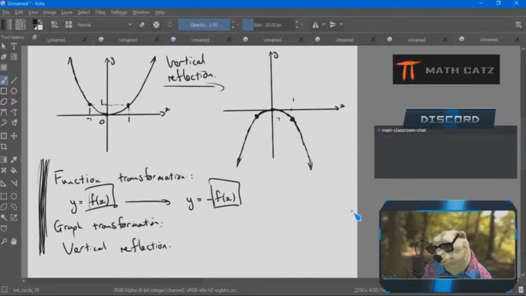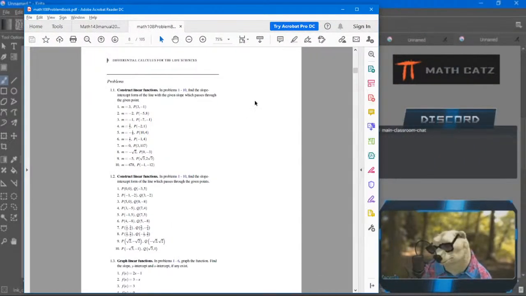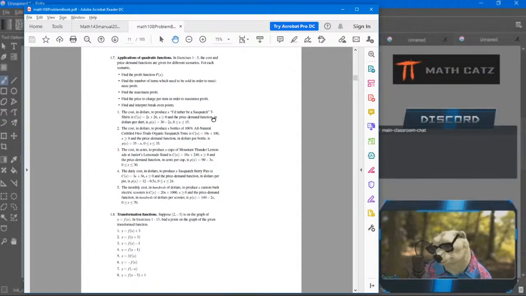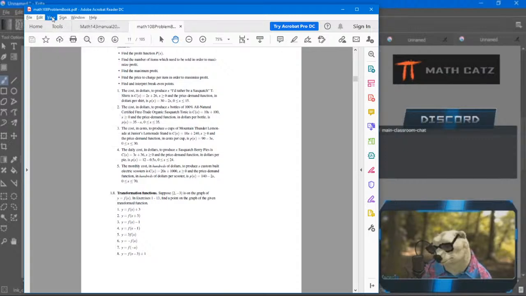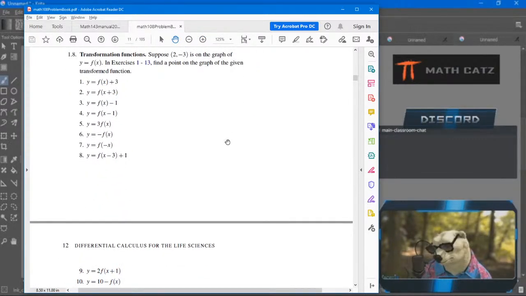I accidentally closed the problem booklets. If you want to stay, I know we're over time, but let me just go check the problem book again. I accidentally closed it. Let's just see here. 1.8. Let's get the hand here. Jim? Yeah,